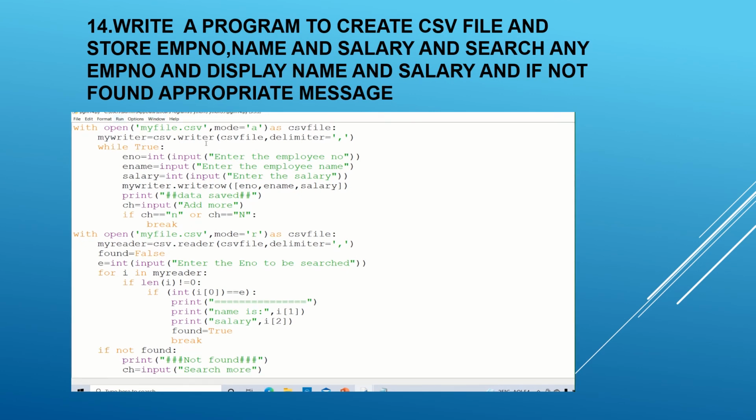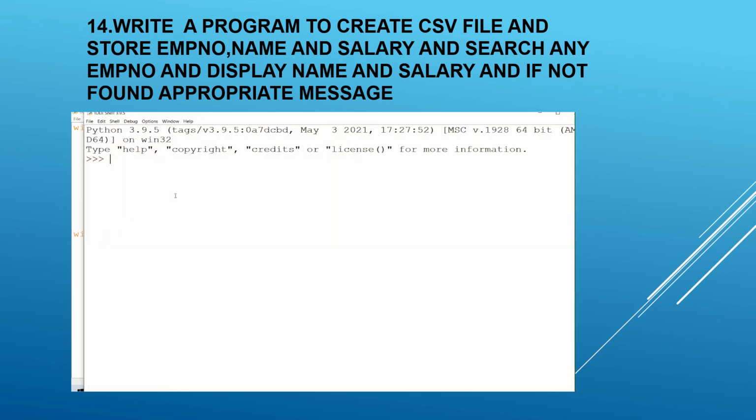Now the next program is about the CSV file. That means we want to store the EMP number, name and salary, and search for any EMP number and display it, same like how we have done with the binary file. And here the difference is that instead of the load function and the dump function, we have the writer function and writerows function for writing it, and also the reader function.